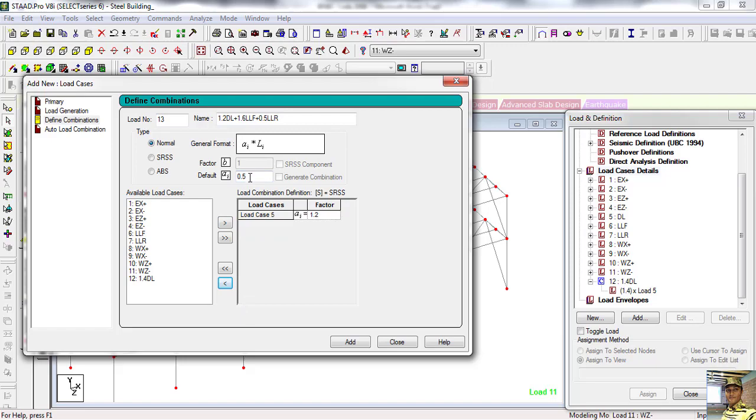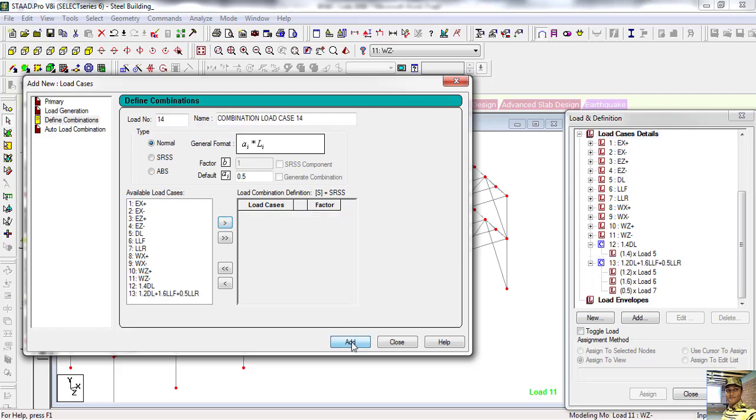Now see, we have 1.6 live load floor. So select live load floor and see, that is 1.6 load case 6. Same way we put 0.5, that is live load roof. So select one, and now see load case 7, the factor is 0.5. Now add. Now this is our load case 12 and this is our load case 13.